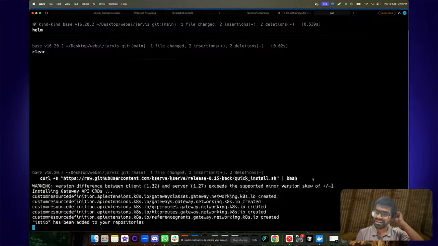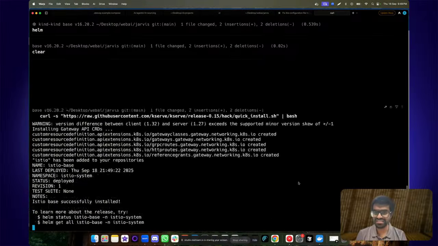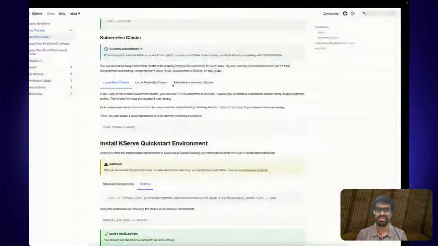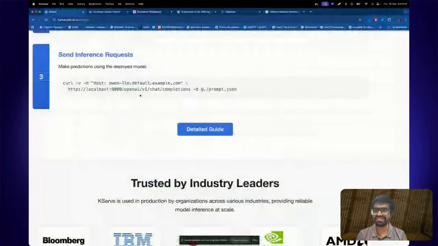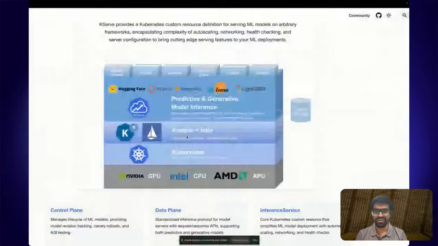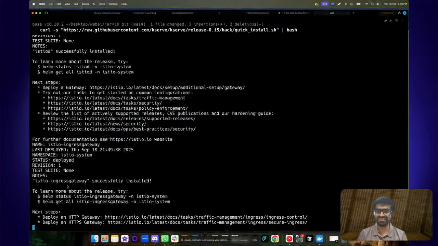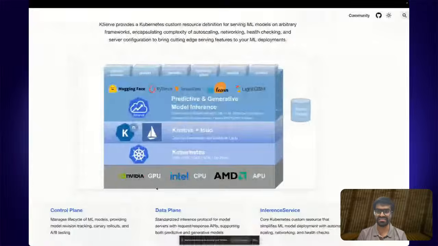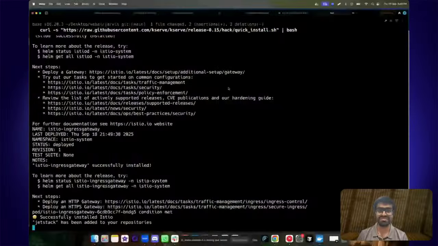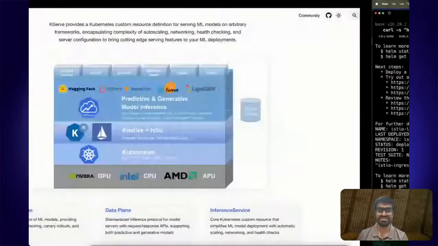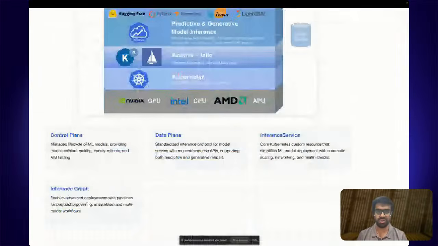So one of the things that we saw earlier was that it's using Istio. Istio is being used, if I'm not mistaken, for the serverless or the service mesh layer. So I think that's one of the reasons why it is the gateway for all of the networking and the serverless capabilities, or the service mesh for looking at your load, because as we saw, it has the capability to also auto manage all of your scaling and networking.